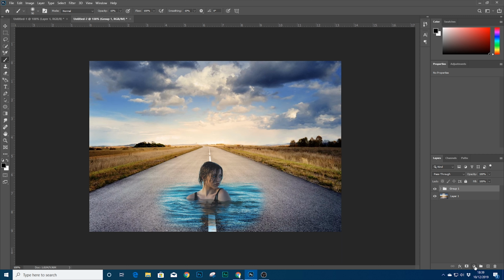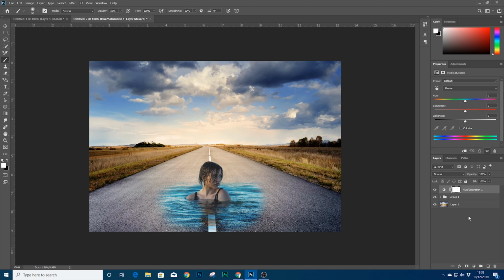Now once we've done this, I'm going to use an adjustment layer. So if I click down here, we're going to go hue saturation, and the reason for this is that we can remove the blues as well. So one thing you want to do is click this button here to make sure it is just our layer mask, and we're first going to remove the cyan. So if we click cyan, remove the saturation, put it all the way to the bottom, and you can see it gets rid of those blues for us there. We'll also go into blues, do exactly the same again,